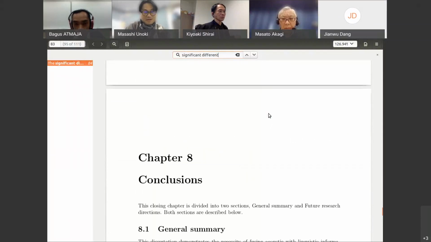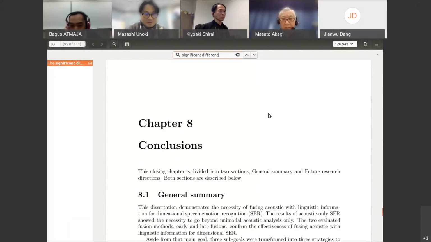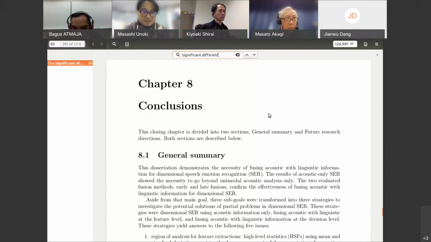Yeah, me too. I can find that there are words like significant or significant differences in the manuscript. But I think this is quite important for you to confirm your conclusion. Yeah. This is my comment. Yeah, I already wrote it in the paper, I think in the journal. Maybe I need to include this one. This is quite an important point, I think. Yeah. You should add this comment point in your manuscript, I think.